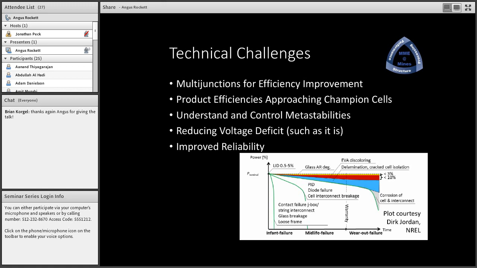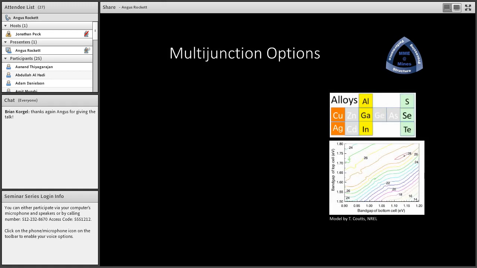We need to understand the voltage deficit, which isn't as bad as it could be, but it still is one of the major losses in the device. And we need to improve reliability. And here there's a chart provided by NREL that shows some of the major typical failure mechanisms for thin film devices. You typically have infant failures early on, and then you have occasional failures during the midlife of the material, and eventually the device wears out, and you hope that that occurs after the warranty. So multi-junctions,